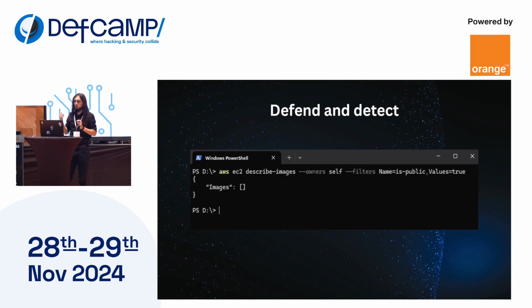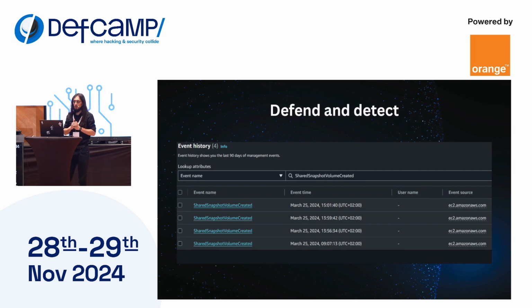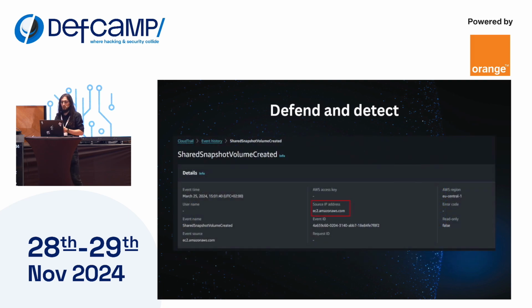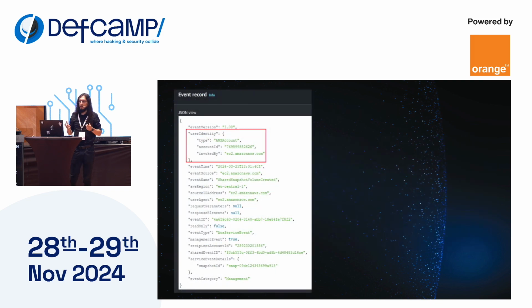And this is important because attackers are using this technique to exfiltrate data from your own AWS account. So you have to make sure that you don't have public AMIs in any region. And if you are unlucky and you do have, I would look for this event called Shared Snapshot Volume Created. This is the only event in CloudTrail you get if someone from another AWS account starts an EC2 instance based on your AMI, and it doesn't contain a lot of information. You don't even have the source IP. You only have the account ID, which is not a lot, and in any case, your data is already compromised.